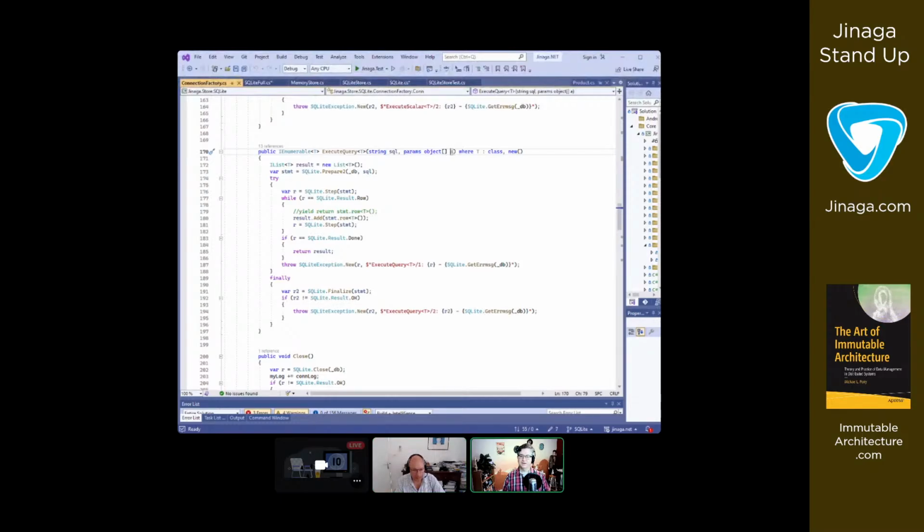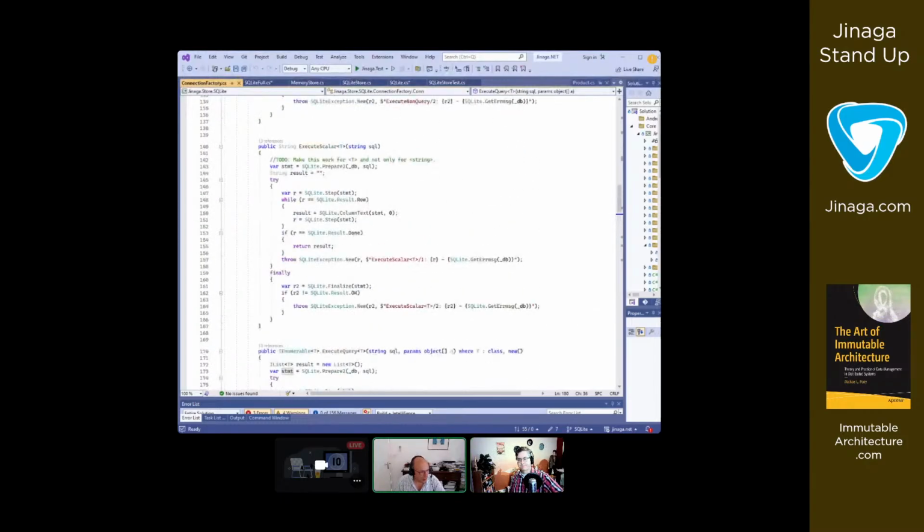And so that line there that's doing statement.row of T, I'm guessing that is using reflection to pick columns by name and put them into properties of T, if I were to guess. And that's not going to work for us. So you'll need to have some other way to bind the results, the columns back into the type.